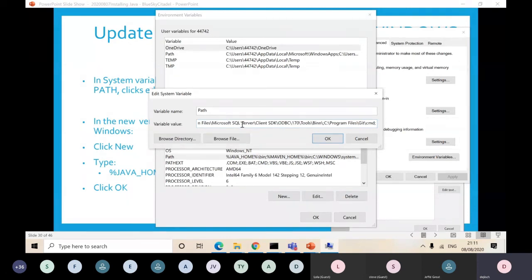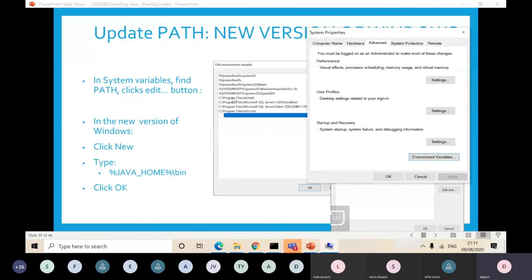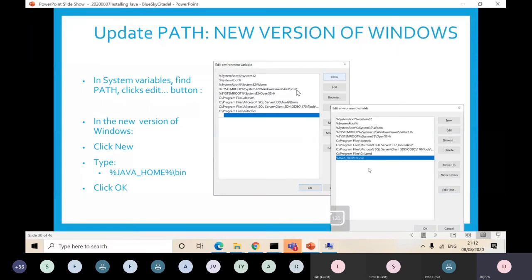And I can show you, you just need to go to the beginning, copy this path, your %JAVA_HOME%. Basically, this is what you need to append. I'm going to send it to you. So you just need to append that to the beginning of your variable. Or if you did not see this, you might also see a screen like this. So what you just need to press is the new button,